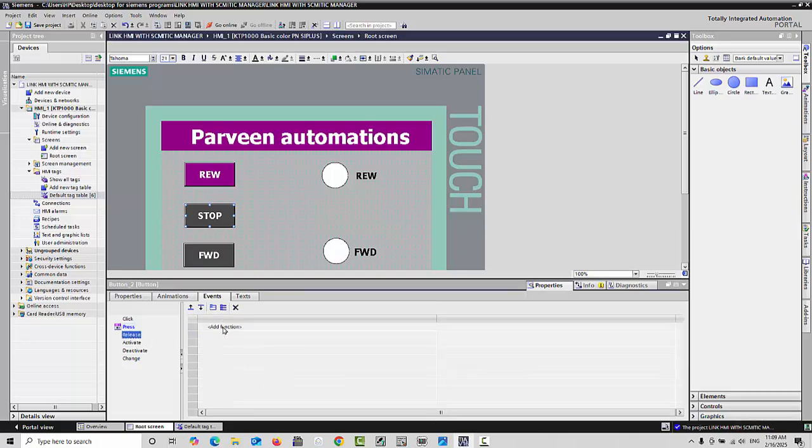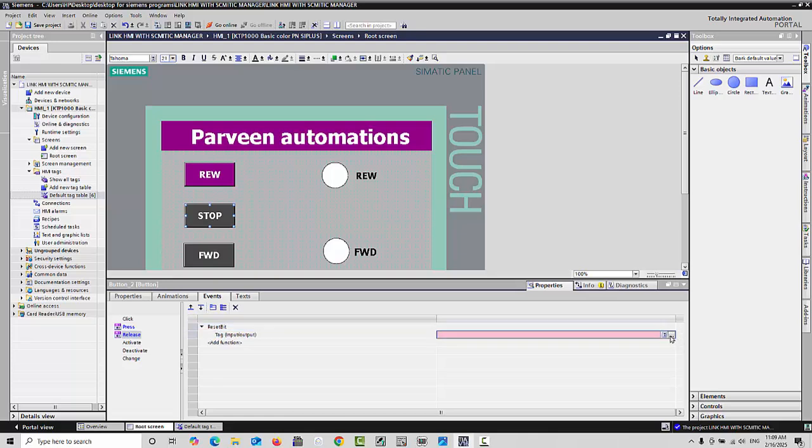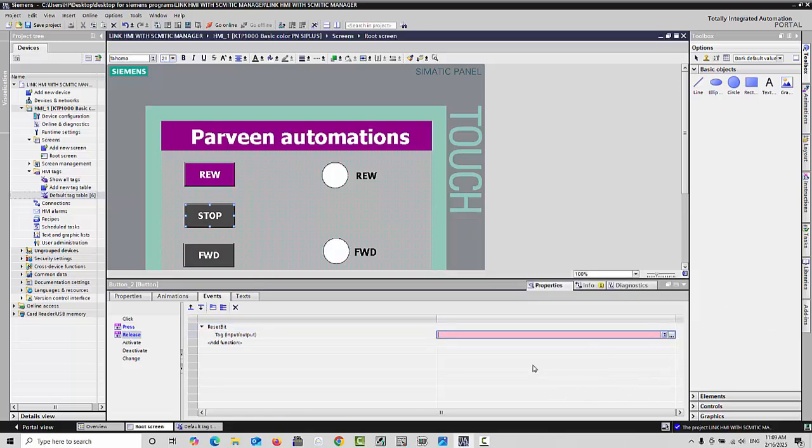And after when we release this one, reset bit and here we will go to the same tag, M0.0. And same after this one, forward, we will press this one,